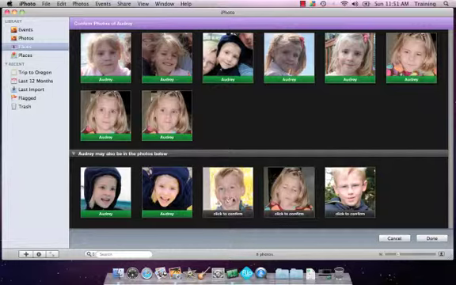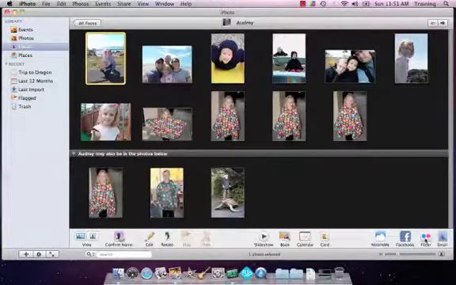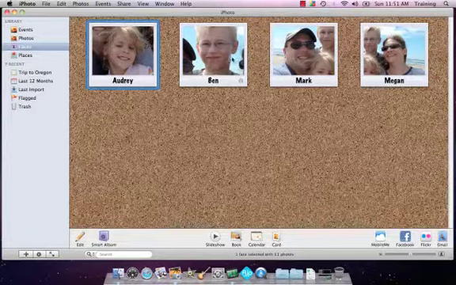Now in this case, this is a photo of my son, so I don't want to confirm that. There's one of my daughter, another one of my son. I don't want to confirm that. Click Done. And as I add new photos now, it will automatically add those to the different faces that I